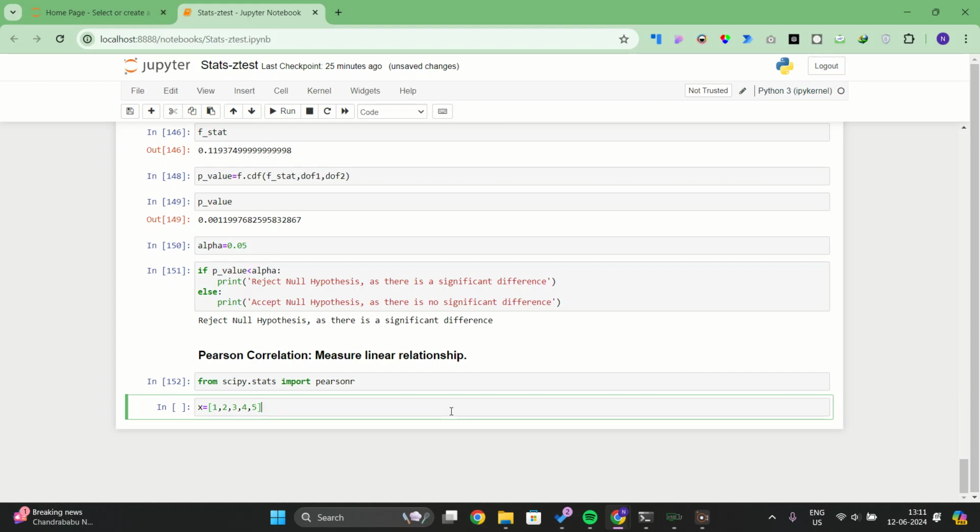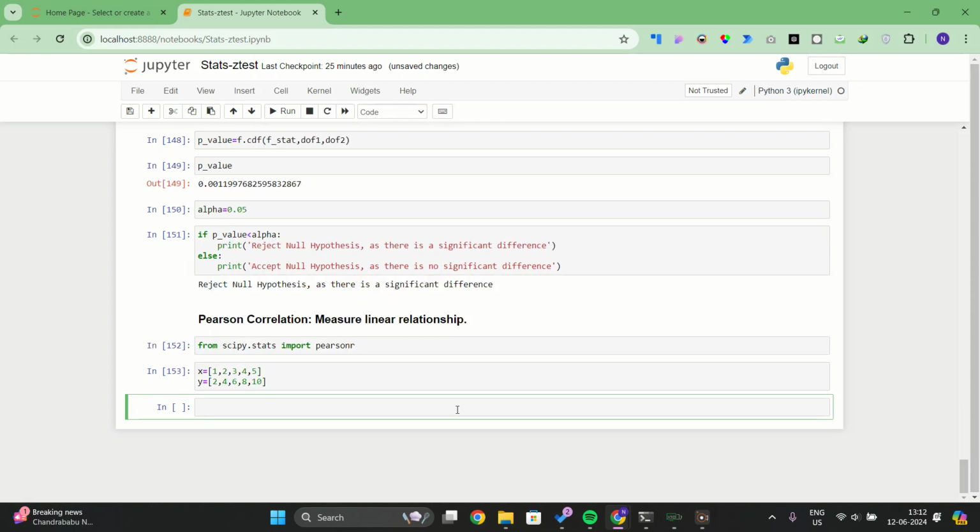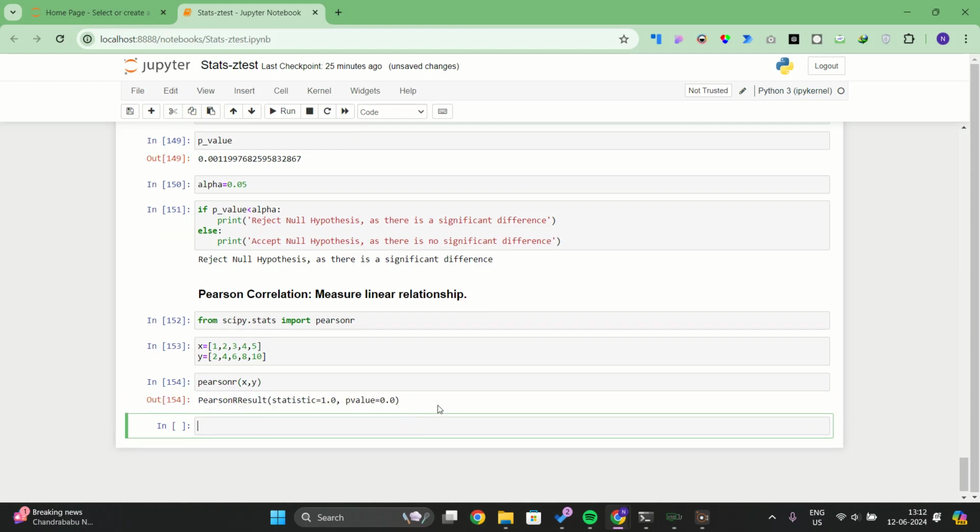We'll just take a simple data set: 4, 6, 8, 10. You can see there is a correlation, pretty much y equals 2x, right? Let's get that with respect to Pearson correlation. So we pass both the samples x and y, and you can see that the statistic is 1, which shows a strong correlation, and the p-value is